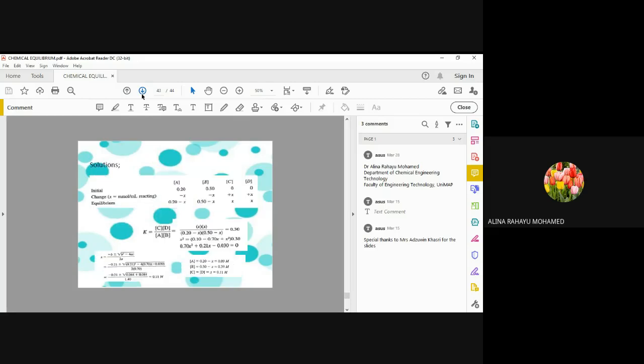So the solution is to try to build a table. The first row is the initial, then we have change of x, and we have equilibrium. Now that's the first column. The second column is the concentration of A, the third column is the concentration of B, the fourth column is the concentration of C, and the fifth column is the concentration of D. For every reactant and product, which is A, B, C, and D, at the initial stage, it was given in the problem that